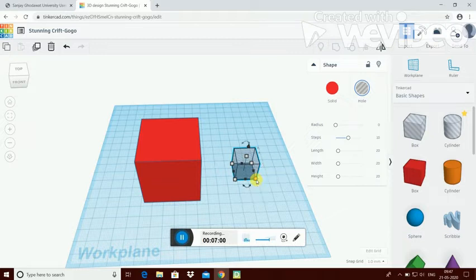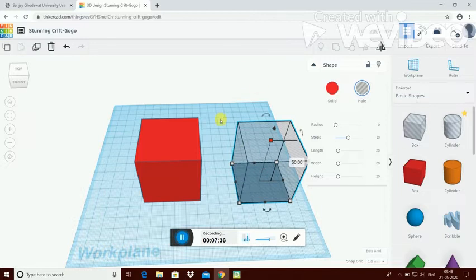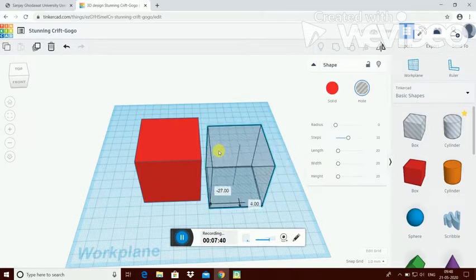Standard is 2 mm from each side, meaning 2 mm from this side and this side, so here we will decrement by 4. 50 minus 4 is 46. Here also 50 minus 4 is 46, because our solid box is 50 by 50. Now we have to change the height. Height we will keep as it is, 50.